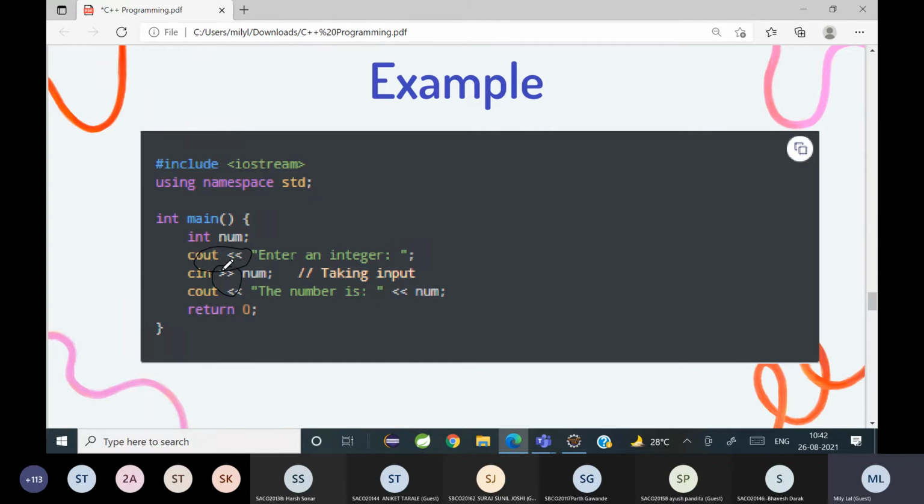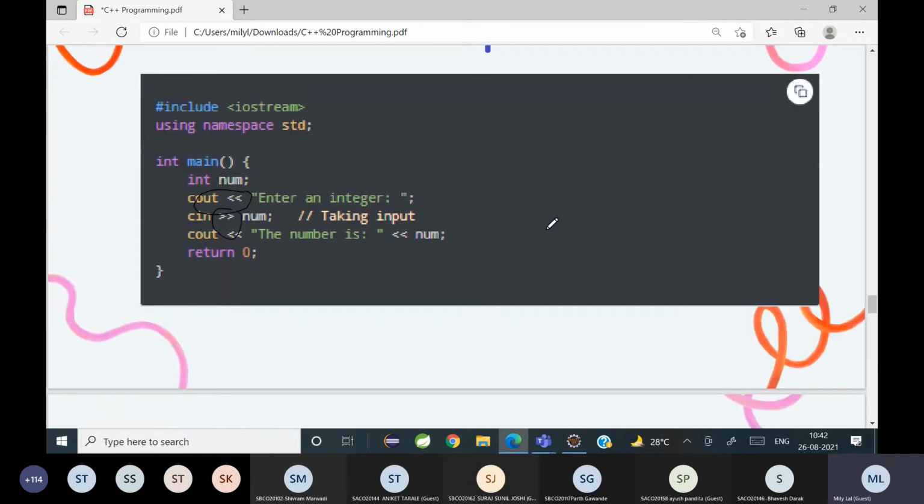Cout is used for outputting values to your screen and Cin is used for accepting values. And it comes under which header file? iostream. Okay, so these are examples of basic input output.